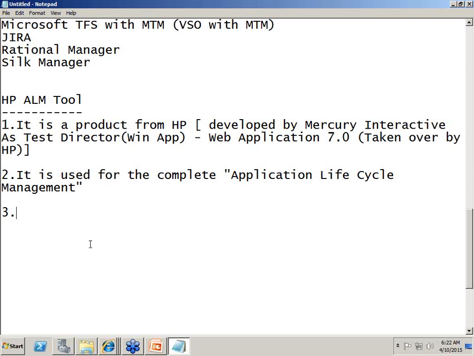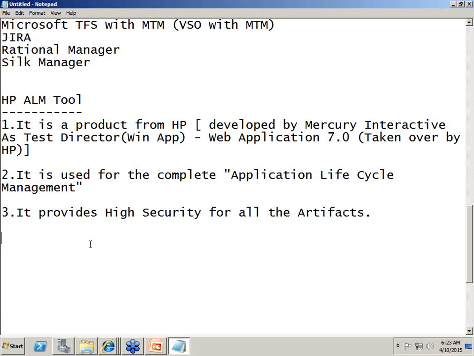So it's used for the complete application lifecycle management. It provides high security for all the artifacts. When I say that, we're going to see the tool quickly in 4 to 5 minutes from now, wherein there is a way you can restrict the users. Suppose only your project team can access your project data, not the other project team. So that way it's a high security for all your artifacts, because typically in one company you might be dealing